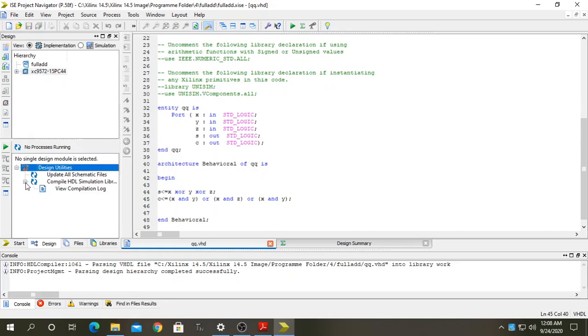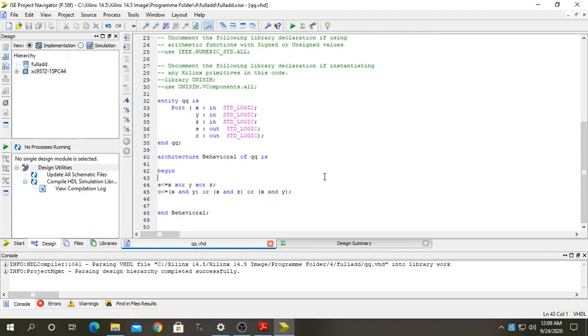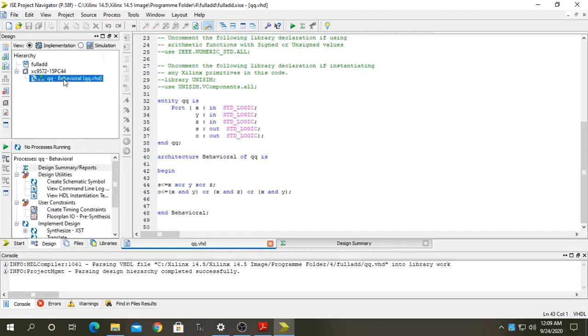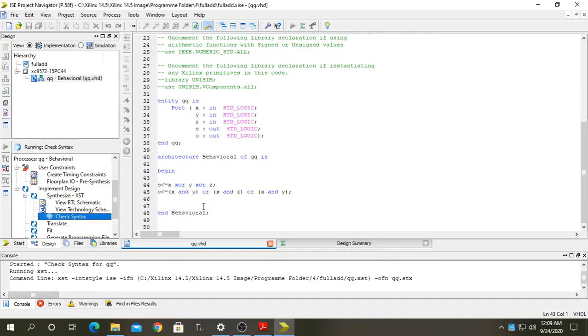Let's see, it is checking the syntax. It takes a long time. Now, yes, Check Syntax completed successfully.